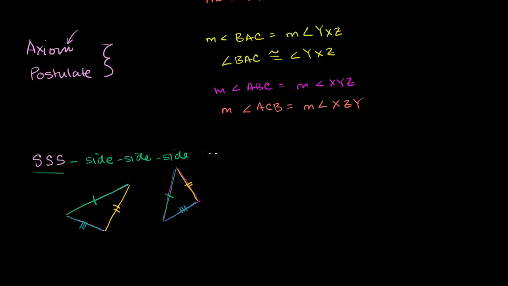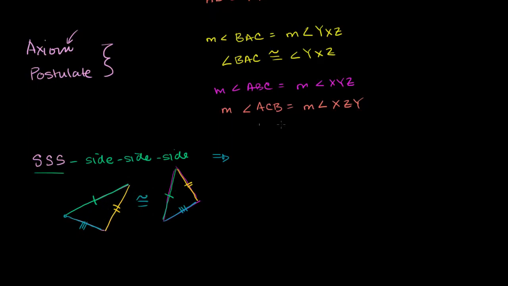Then we know, and we're just going to take this as an assumption that we can build off of, that these two triangles are congruent to each other. I didn't put any labels there, so it's kind of hard for me to refer to them, but these two are congruent triangles. And what's powerful there is if we know all of the corresponding sides are equal, then we know they're congruent,